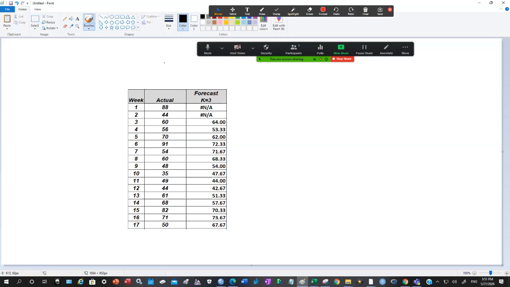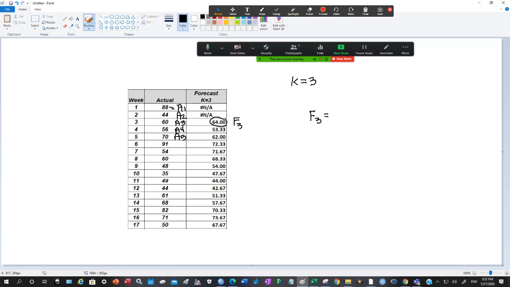All right. So you see this 64 here with K equal to 3. Each of these values, let's call this, so this is week 3, right? So this is the forecast in week 3. This value, the forecast in week 3. So this is going to be called actual 1. This is actual 2. This is actual 3, actual 4,